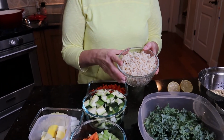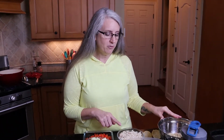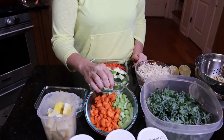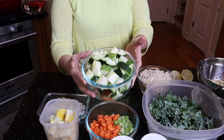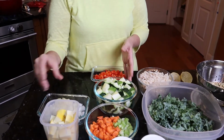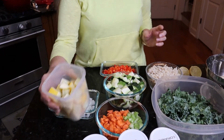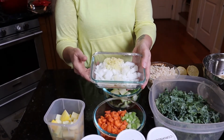It is because brown rice takes so much longer than the lentils to cook. So I pre-cooked the rice and I'm just going to add that at the end. I have 3 medium-sized carrots diced up and 2 celery stalks. I have 2 large zucchini diced up, and I really had to squish them in the bowl this morning. I have 1 yellow squash here. Can you see I was running out of containers to put everything in? I have 1 diced onion and 4 cloves of garlic